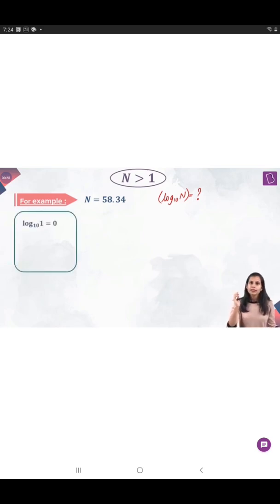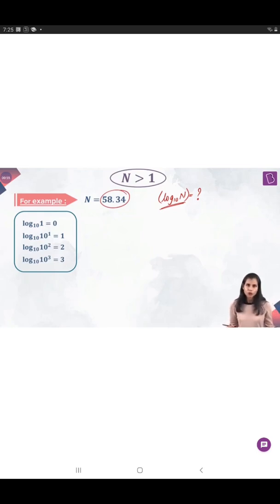For example, log 1 to the base 10 is 0, log 10 to the base 10 I know is 1, log 100 to the base 10 is log 10 square to the base 10, which is 2, log 1000 to the base 10 is log 10 cube to the base 10, which is 3, and so on. So 10, 100, 1000, 10,000 and so on are some easy values greater than 1 whose common log I can very easily compute. So I'll use these common log values to compute the common log value of this random input